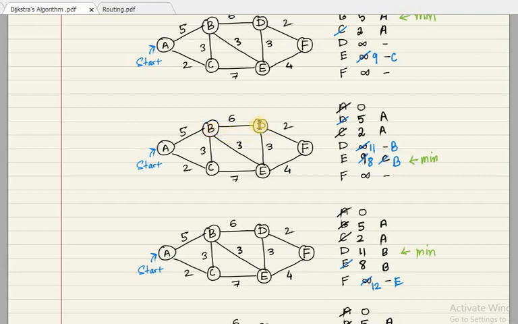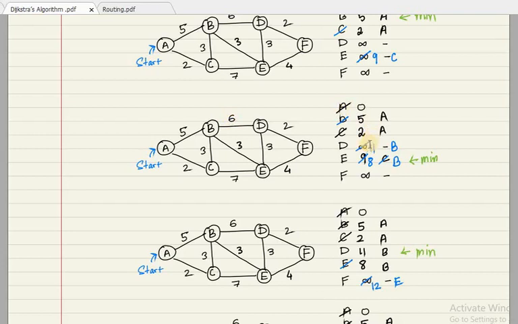Okay, if you have to go to D, earlier it was infinity, but now we have D now. So what is the cost here? Earlier to reach B it was 5, but now from B to D you again have to add another 6, right? So 5 plus 6 is going to be 11, and that's why we have an 11 here. That is fine, because if you take this particular path, A, B and D, then if you have to reach from A to D via B, of course the cost is going to be 11. 5 plus 6 is 11.